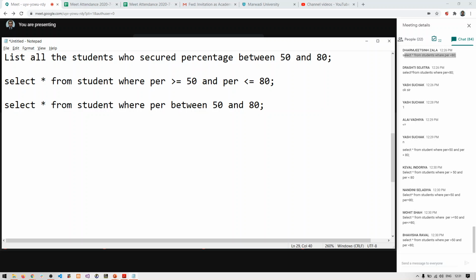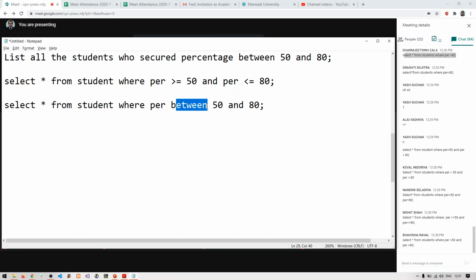That means: select star from student where percentage between 50 and 80. We use the between command to directly find all the records in this particular range of numbers, 50 and 80. So this is the other way you can write it.